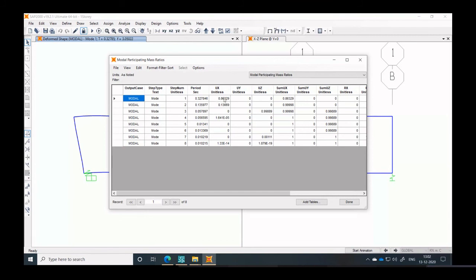Like this one, it has decreased from almost 1 to 0.86, and the superstructure mode contribution has increased to 14%. Is it clear to everybody what I'm trying to show you here? Any doubt up to this point? Anybody?